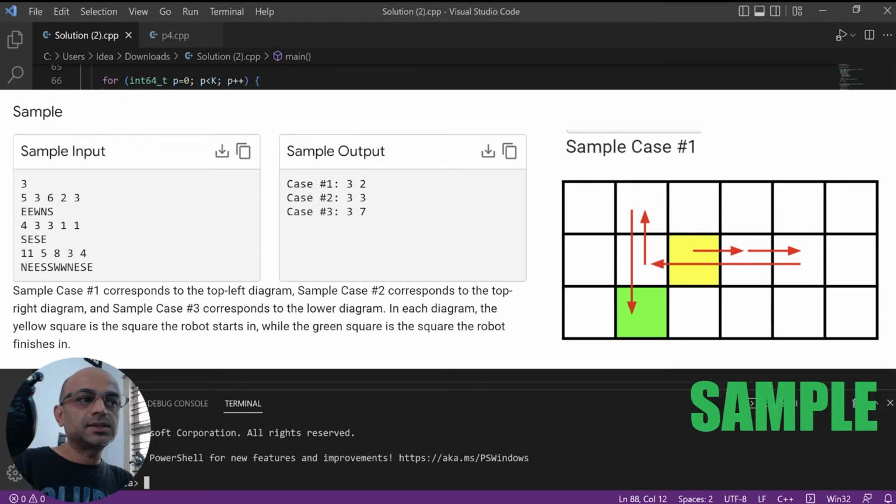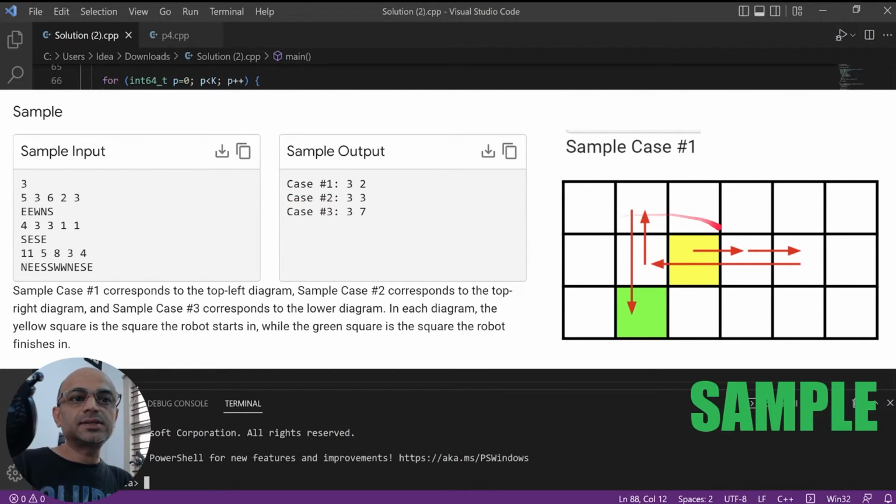Let's look at the sample. So there are 3 test cases. Let's look at case 1, which has 5 as n, indicating there are 5 characters in the instruction string, which is EEWNS. Then we have 3 and 6 for the number of rows 3.